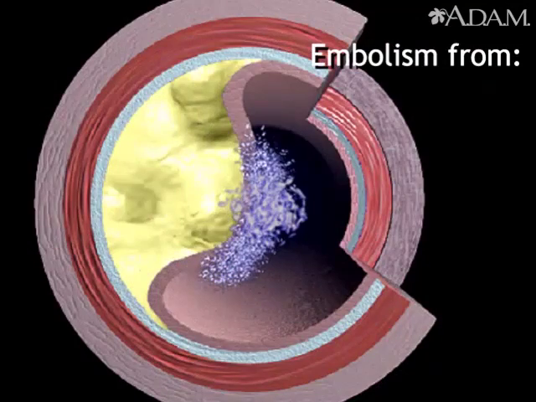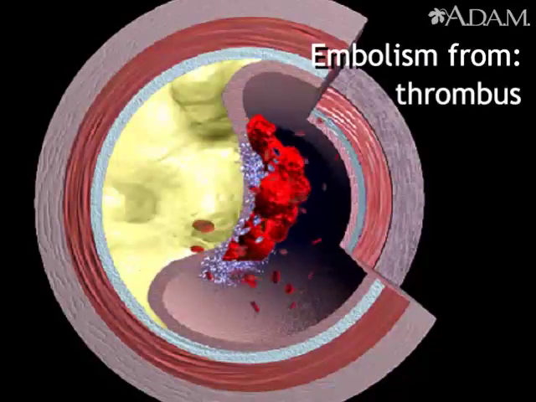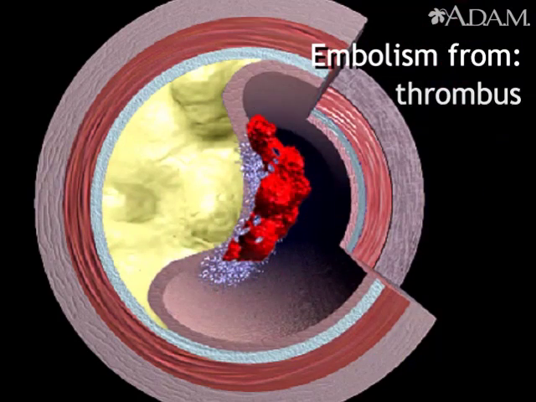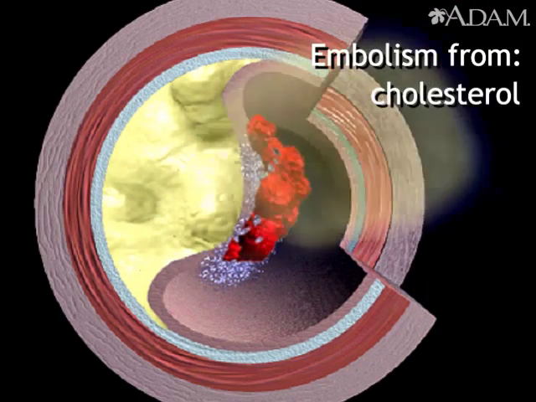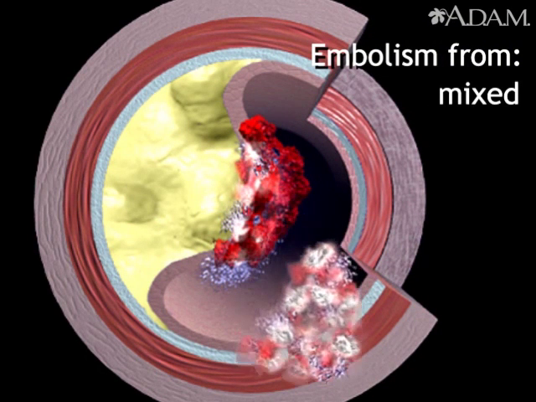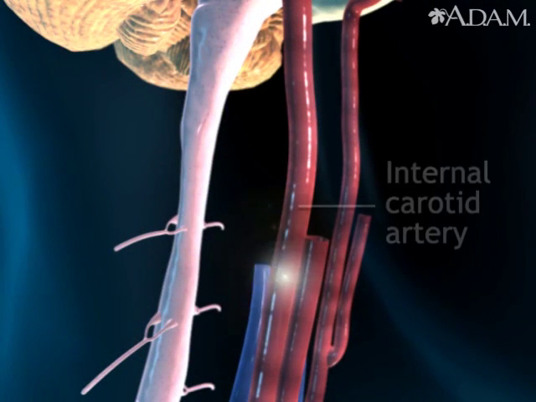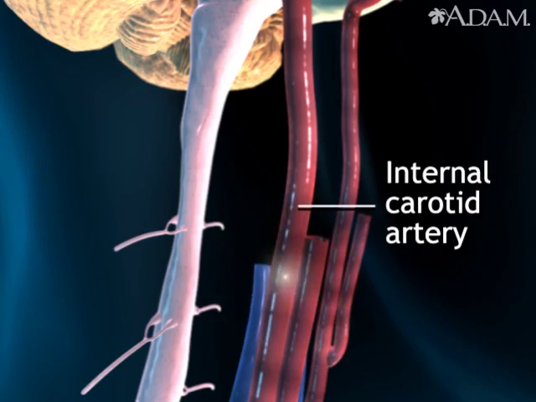Emboli can be made up of various substances such as platelets, elements in the blood that help it clot, blood clots that form elsewhere and pass to the damaged area, cholesterol, or a combination of things. Pieces of the emboli are shown breaking off the main embolism and flowing down the blood vessel. First, an emboli made of platelets, then a blood clot, then cholesterol, and then an emboli made of a mixture of these substances. For example, an embolism is formed in the carotid artery and breaks loose, traveling towards the brain